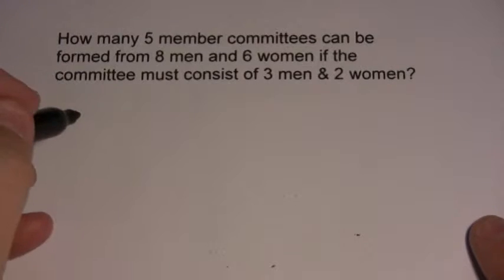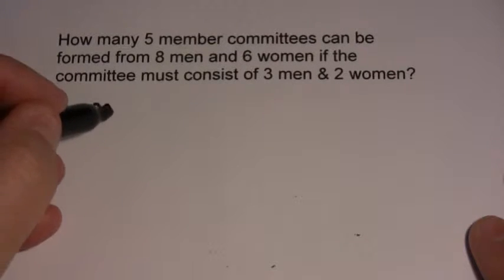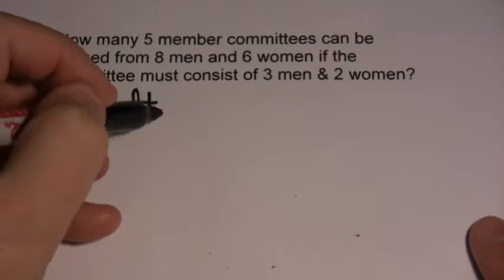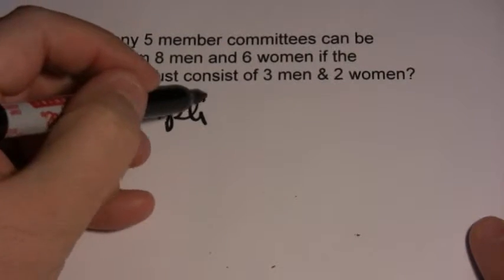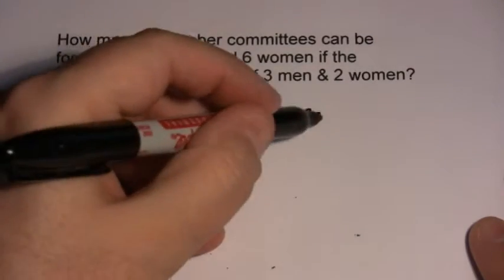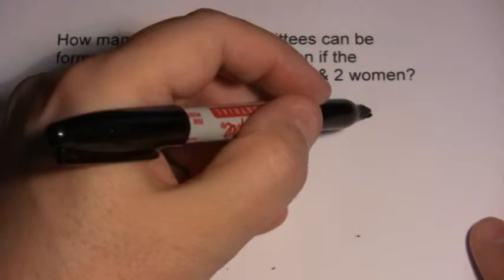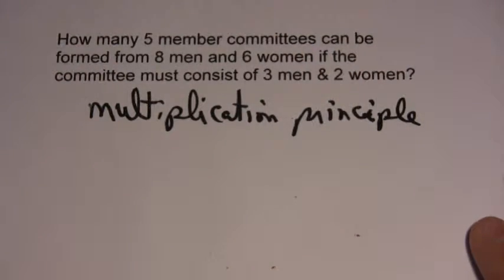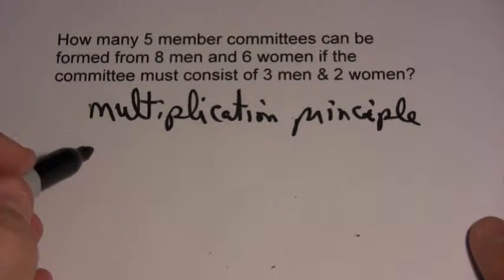Now when you come right down to it, from a high level point of view, this is just a multiplication principle problem, which says if you do a series of things, the number of ways to do the whole series of things is just the product of the individual selections. So basically here we're choosing men and then we're choosing women. So the multiplication principle would say